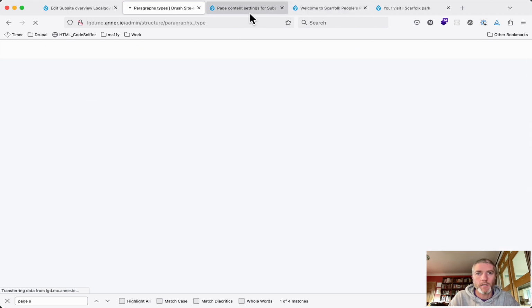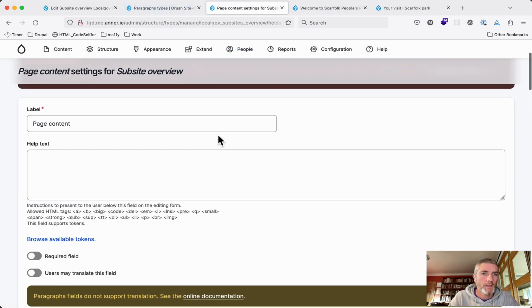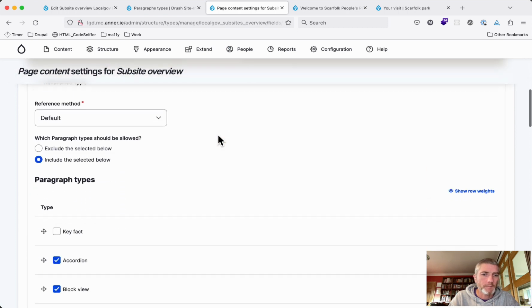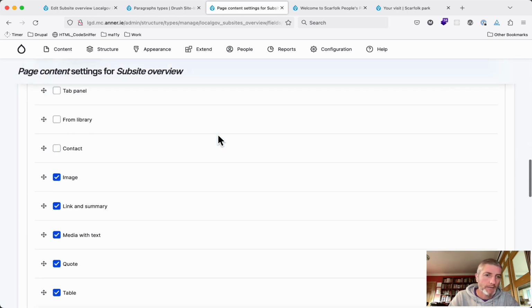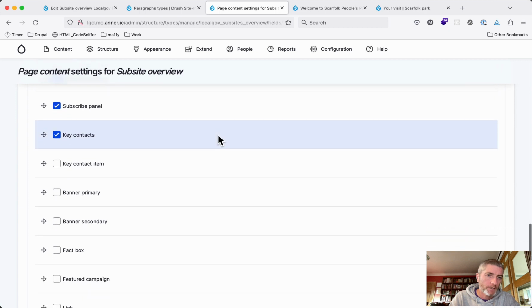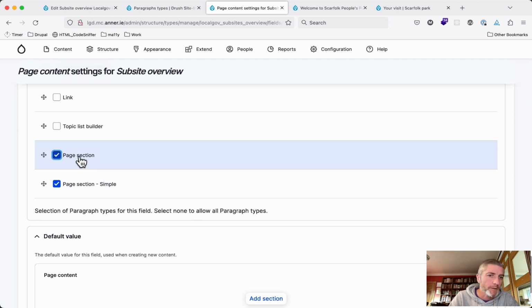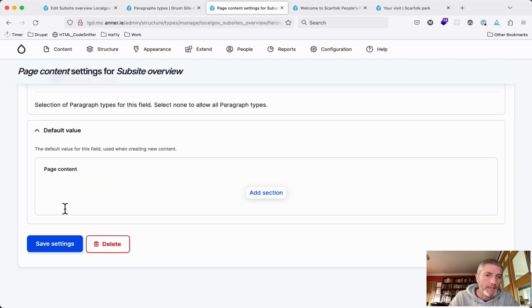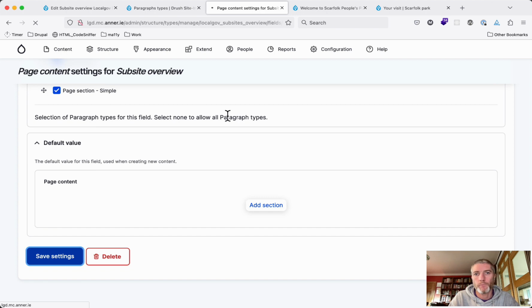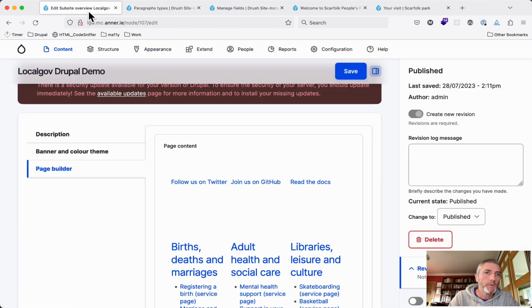And on my subsite overview page for the content field, I'm going to say that we can have the page section simple and the page section advanced. This doesn't say advanced yet. I need to refresh the page, as the two layout types for this content type. Now when we come back to our subsite overview and I refresh this page,